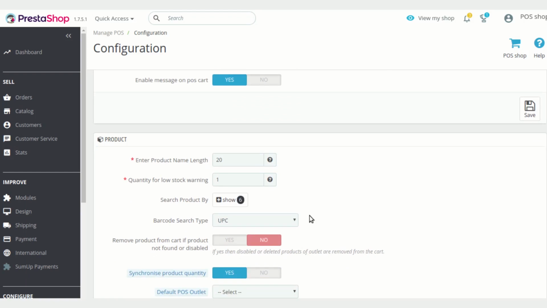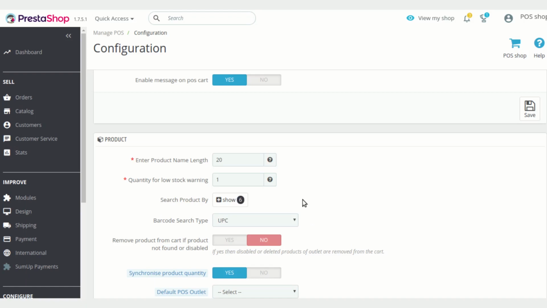Whatever name length you choose here, the name of the product will only be shown at the POS under this setting. Let's say the product name has 28 characters, then only the first 20 will be shown at the POS outlet.